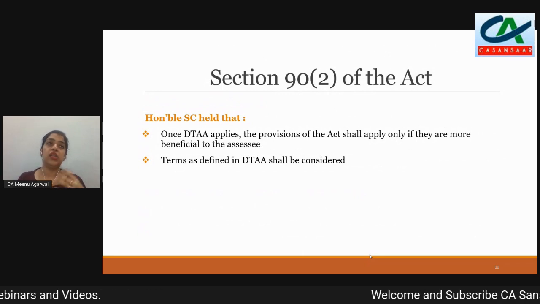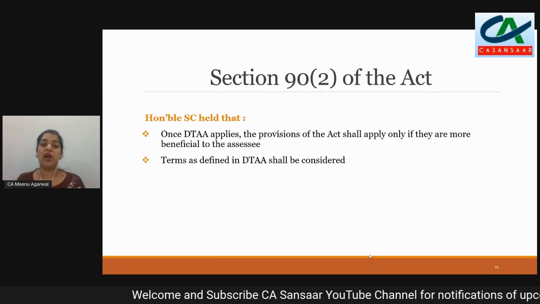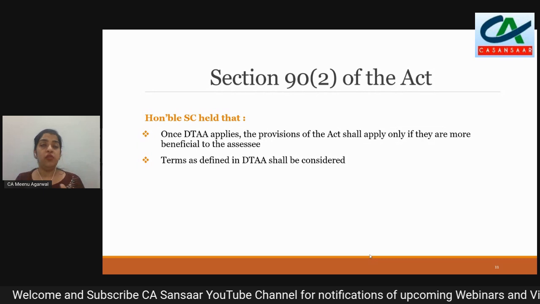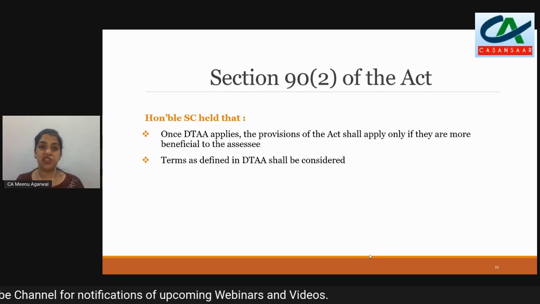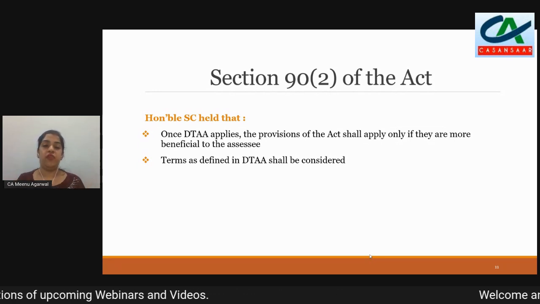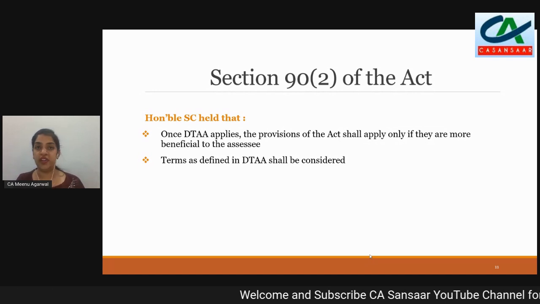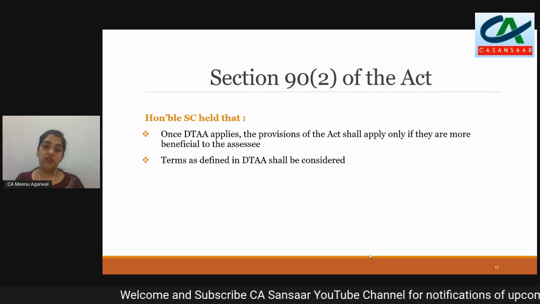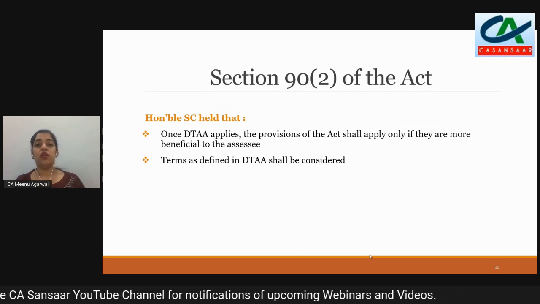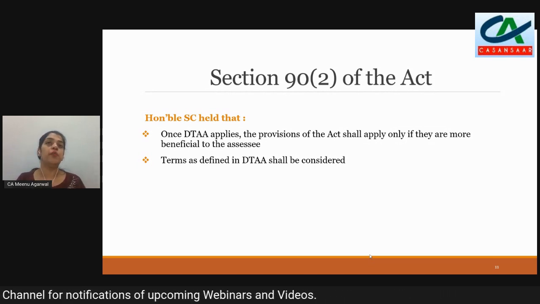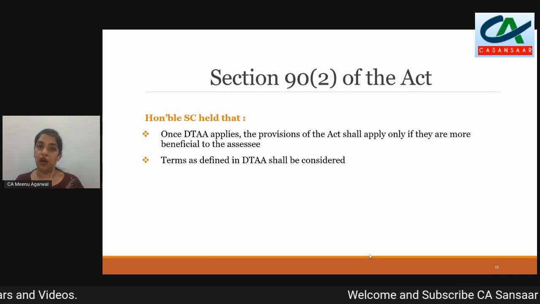Now, after understanding the Income Tax Act and the Double Taxation Avoidance Agreement, it is very important to understand how you apply these provisions. The Supreme Court came up with the view that the law's intention, or the DTAA's intention, was to give certain relief, to make the assessee enjoy certain benefits, not to punish them or to burden them. Which means that though you have a beneficial provision in the double taxation avoidance agreement, you cannot charge the assessee with taxation as per the Income Tax Act, provided the documents which are required as a compliance factor are complied with.